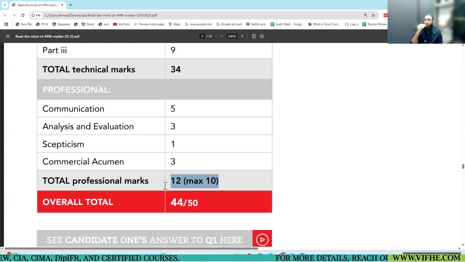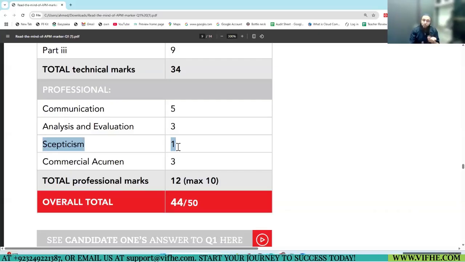The examiner gives you more marks for one skill, like communication 5, for analysis 3, acumen 3. If you go to 12, it will be limited to 10. This means how much liberty you have to score in the professional mark area. And if, for example, I miss out on skepticism, not to worry.